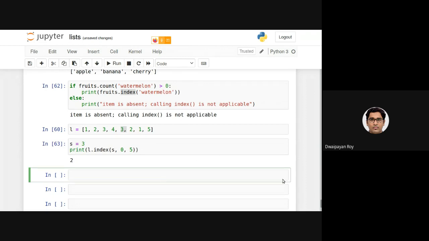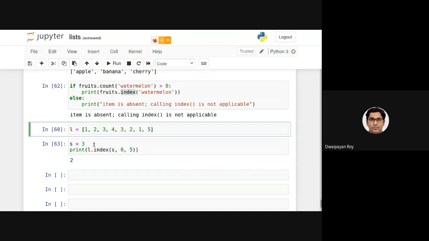Formally, it is actually written in the latter part of the slide. So now the question is, I want to get all the locations in which this searching item is present. By default, index is returning only the first location, right? Even if I just remove all this, it will be returning the first location.